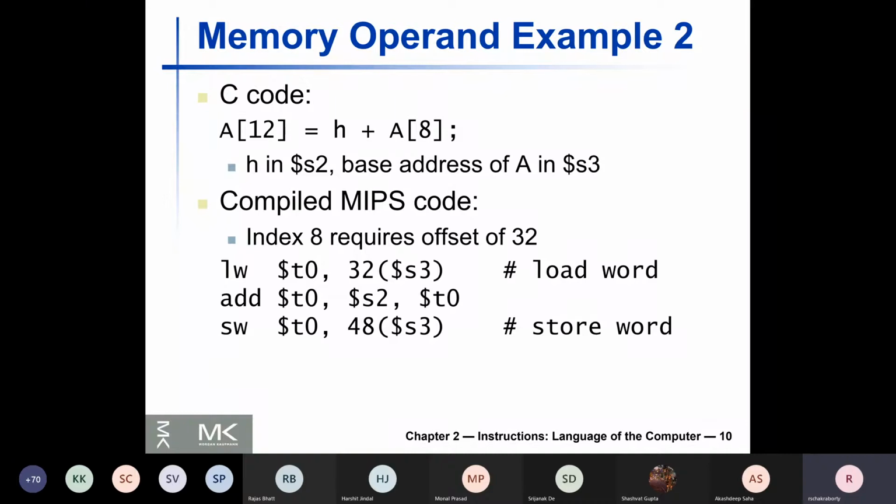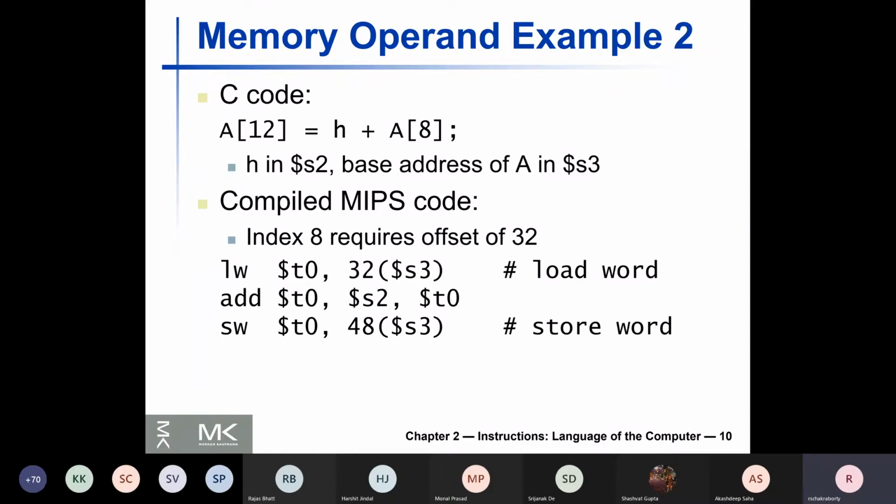So you collect the base address in a register, then you calculate an offset. With the knowledge of the type of the data, it is possible to calculate the offset if you know the index at which you want to access the data. For example, here if we are dealing with integer type elements, each is 4 bytes. In that case, the 8th index element would skip 32 bytes from the start. That's why we had an offset of 32 from the base register. The base register is the register that contains the base address of an array, or the starting address of an array.